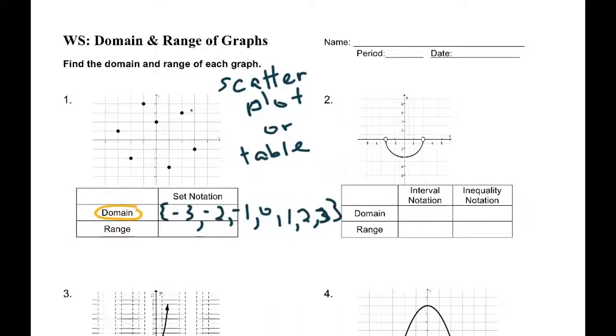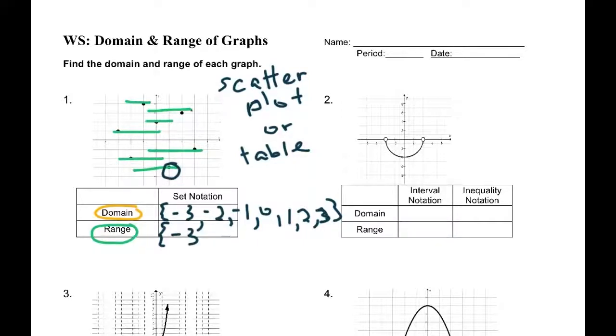Alright, I'm going to use green to do the range on this one. So I'm going to do the same thing. I am starting at the bottom and drawing a line through each point. Okay, so now I'm going to list them. Starting at the bottom,